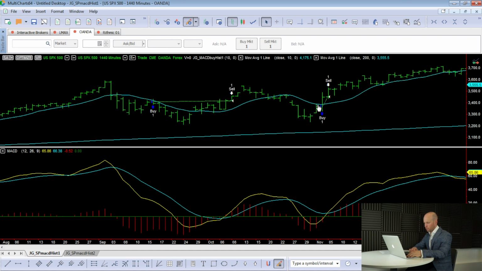So we can see some more. Here would have been the setup bar, close below the 10 period moving average, close above this 200 period moving average, and the MACD histogram has ticked up. So then we go long on this bar here. On the same bar, it closed that day in profit, so we exited at the open of the next bar. So it's that simple. Looking at the equity curve then,